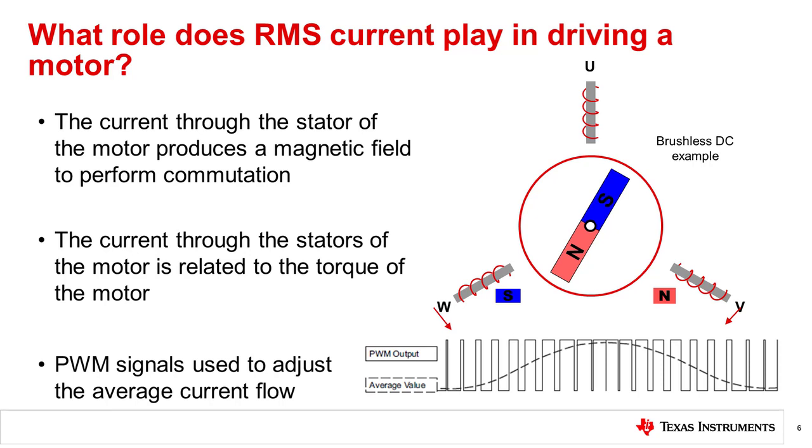RMS current can be calculated mathematically from the shape of the current waveform using the root mean squared formula. However, RMS calculations can quickly become complex if the user does not have access to the appropriate software or calculators to aid in computing the RMS value from the current waveforms. Another method to determine the RMS current is to use a power meter to measure the RMS current. This method removes the complications of the mathematical computations and provides a quick way to obtain the RMS current value in real time.